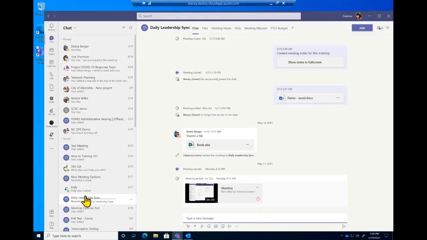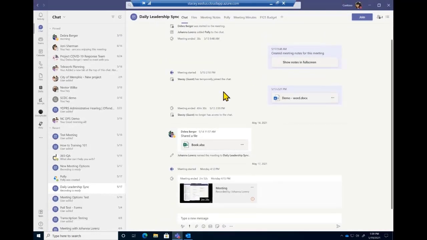A few things that I want to call out. If you're ever wondering or you need a visual of the difference, whether it's a meeting or a group chat or a private chat, just look, there's the purple icon with the calendar. Anytime you have that, you can visually see that was a meeting versus a regular chat.